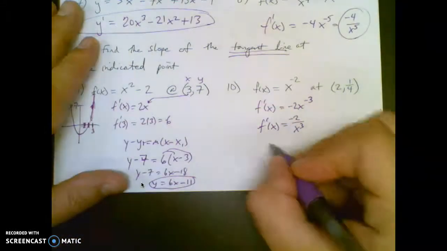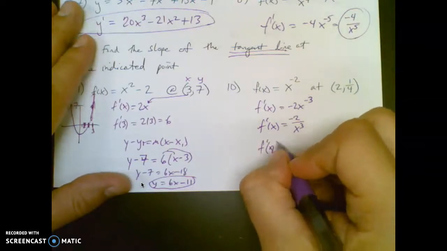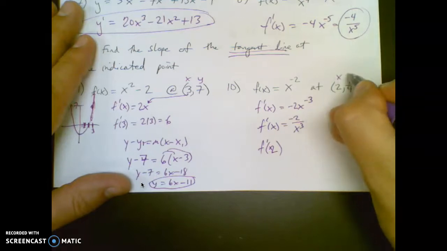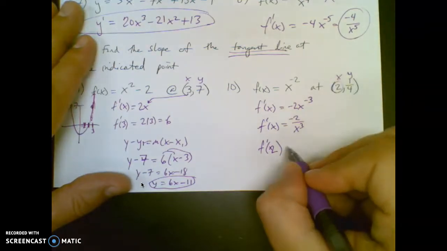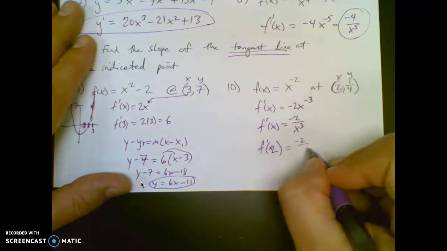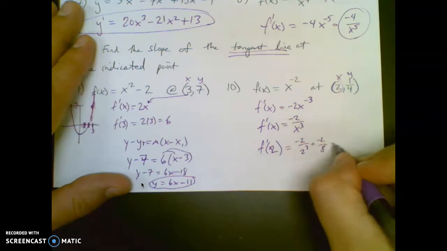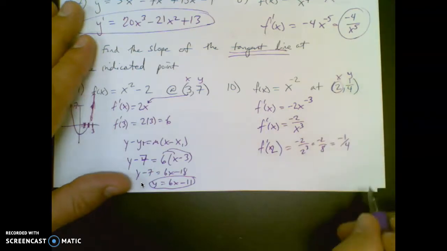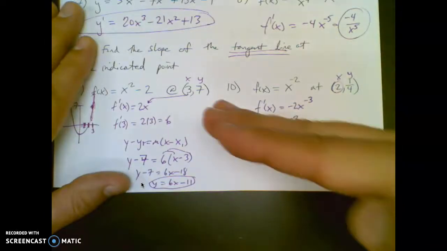That just gets confusing. So my slope at the point 2, 1/4, I don't have anywhere to plug the y in. I just have somewhere to plug this x in. It's right there. It's negative 2 over 2 cubed. So the slope at that point is negative 1/4. So it's a not very steep